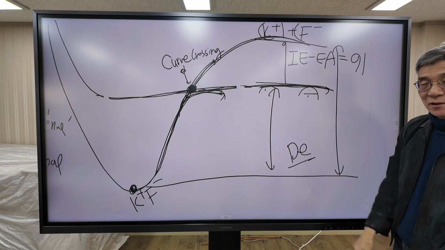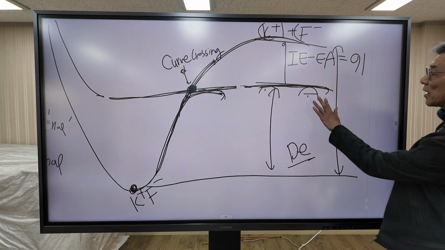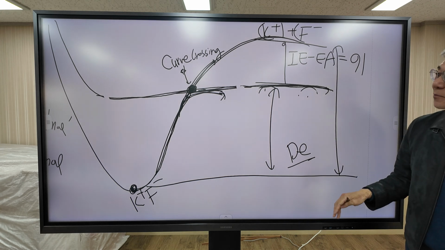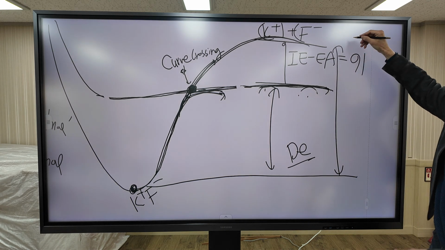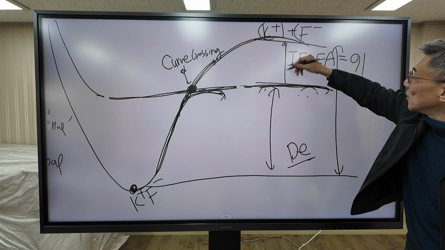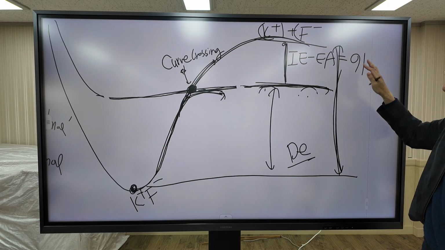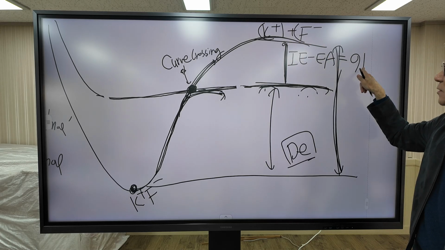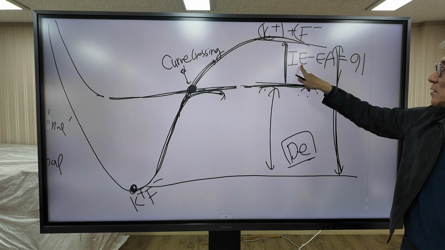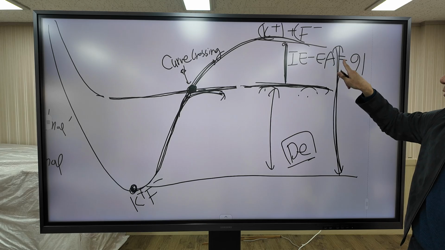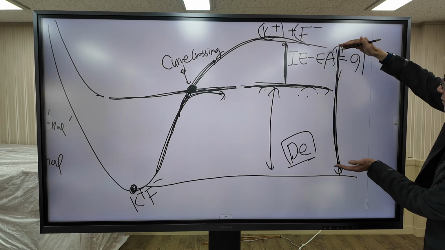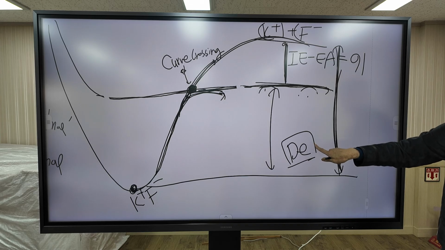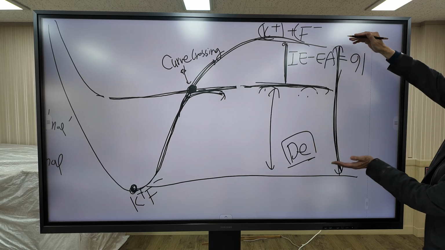So this is the interesting point. Then how do you calculate bond dissociation energy for this system? This one equal to, subtract this one from this one is equal to bond dissociation energy. This one is equal to 91, which is equal to ionization energy minus electron affinity. So only if you know this length, you can calculate bond dissociation energy, right? But how do you determine this one?